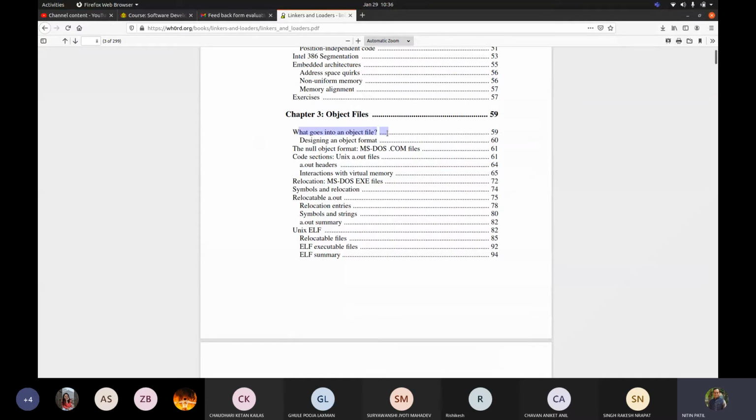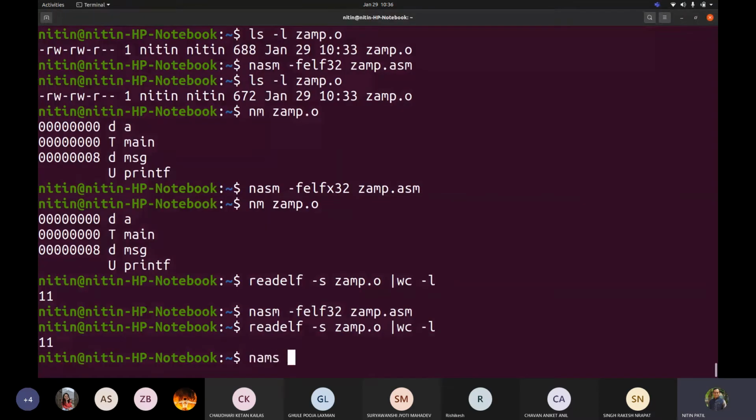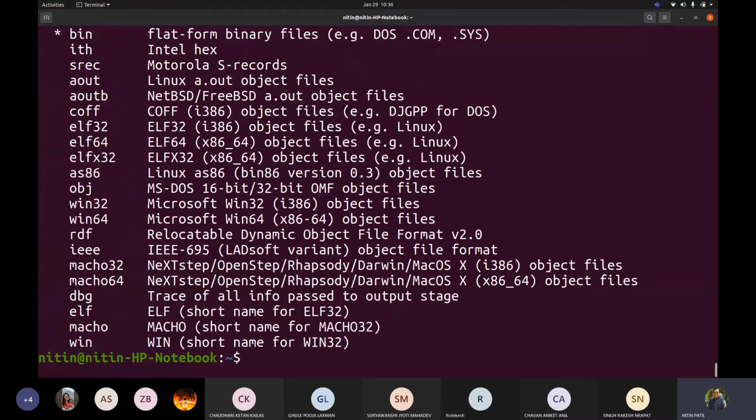What goes into an object file, and if I have to design my own object format, what it should contain. Pages 59 and 60, two to three pages, are there. Try to find out the differences between all these ELF formats and gather information about the file formats listed here by NASM -hf. Prepare a document.